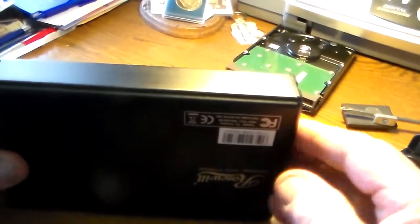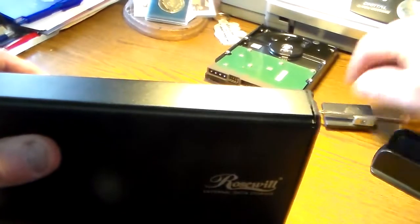Now, looks like it's got a little on and off switch here, and that's where that square cable plugs into. Let's get these screws in here. I'll make sure they fit, and then you don't have to watch all this. But